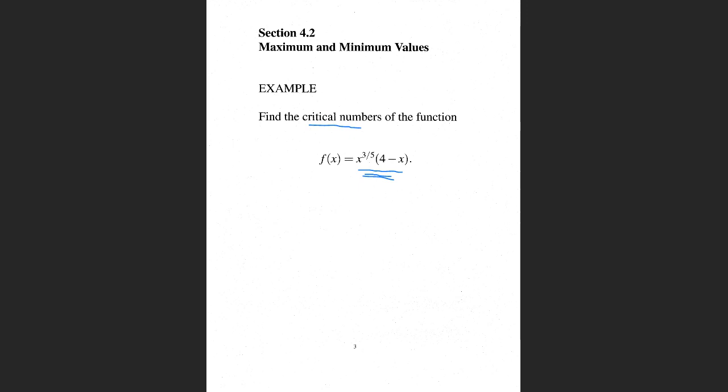But you'll see that later on. Right now, what we want to do is find the critical numbers. So for any critical number C, by definition, f prime of C equals what? If C is your critical number,